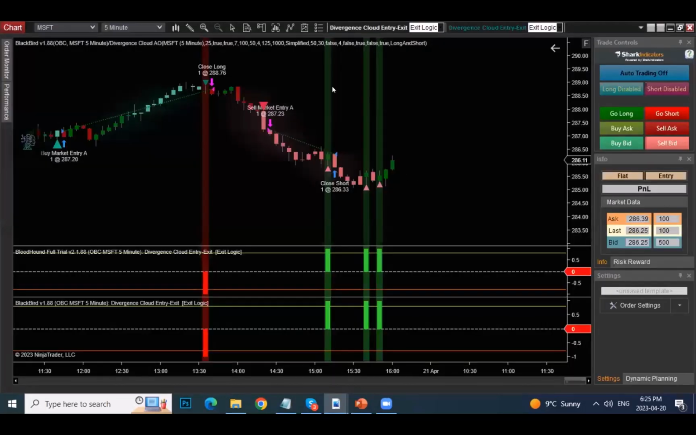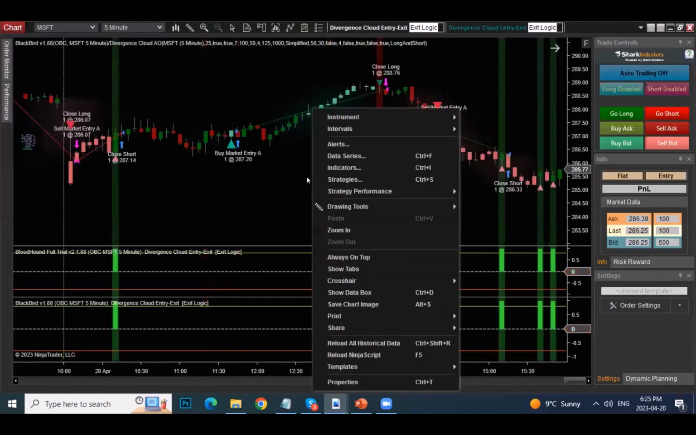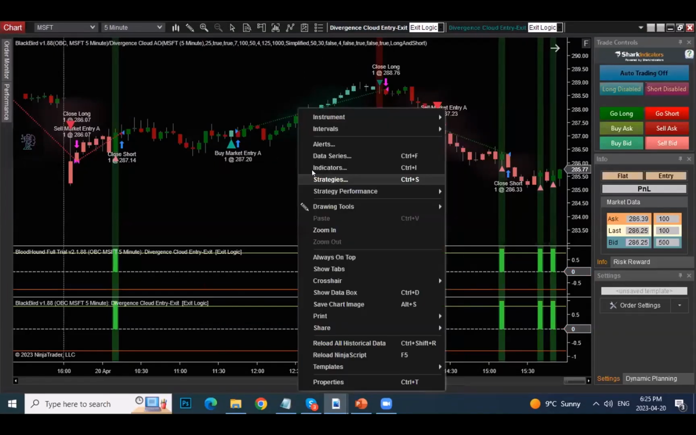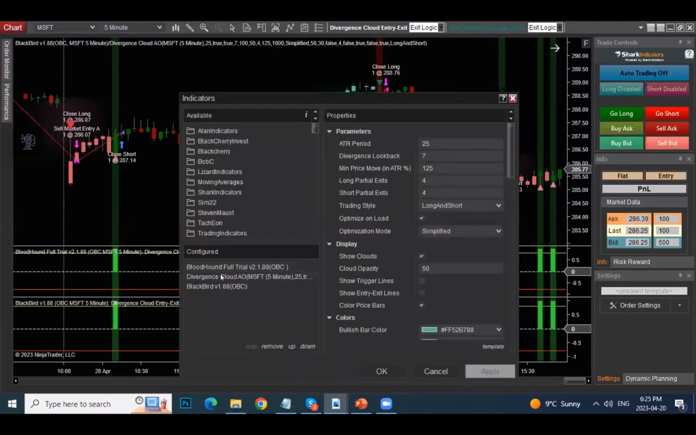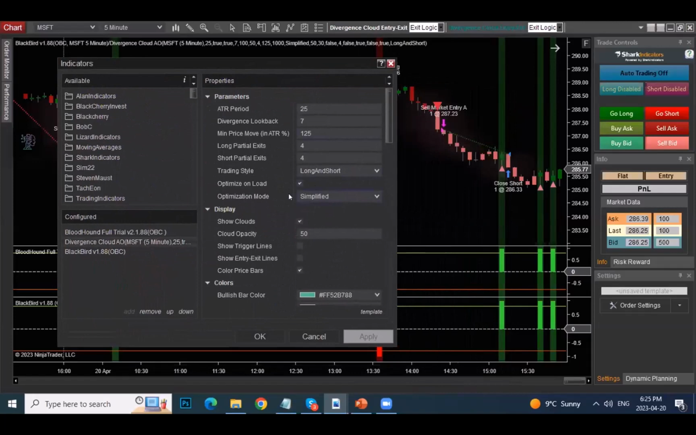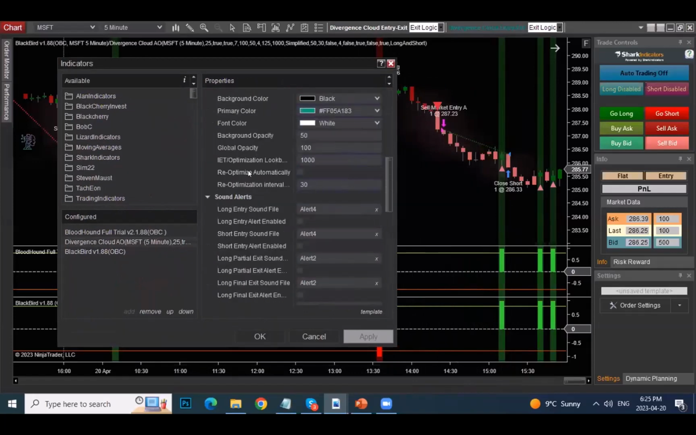And with the auto optimization features of Divergence Cloud, the good thing is that they're functional with the strategy builder in NinjaTrader and also Blackbird. So when we built this strategy, if we had defined the logic for Divergence Cloud to use the reoptimization feature, so I'm opening up Divergence Cloud settings here, we have optimize on load, and we have automatically reoptimize automatically. So if we had checked this and told Divergence Cloud to reoptimize every 5 bars, which would be 25 minutes in this case,